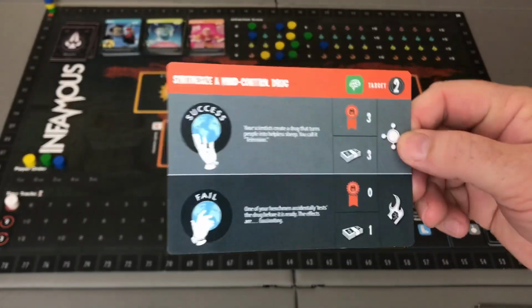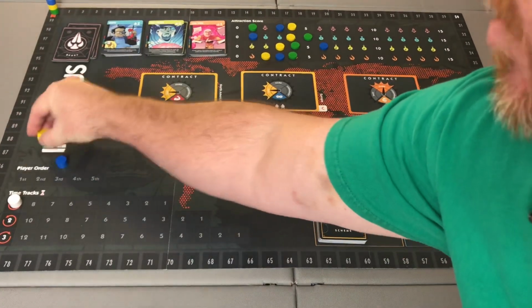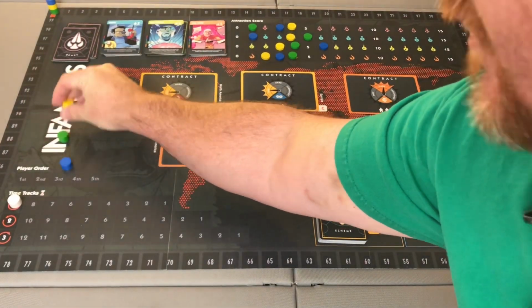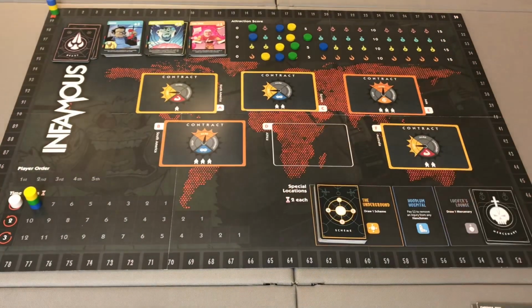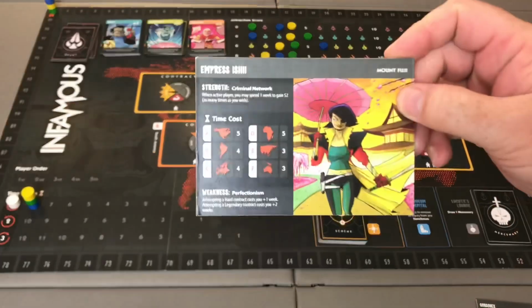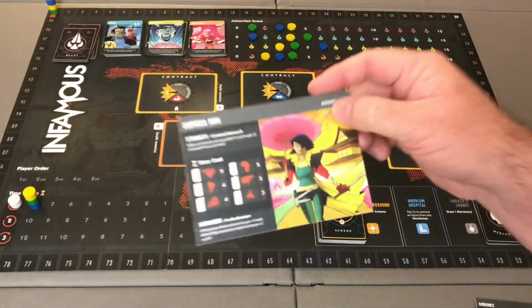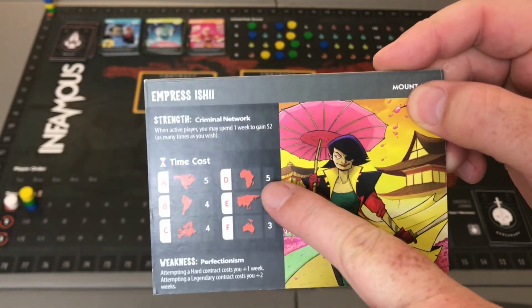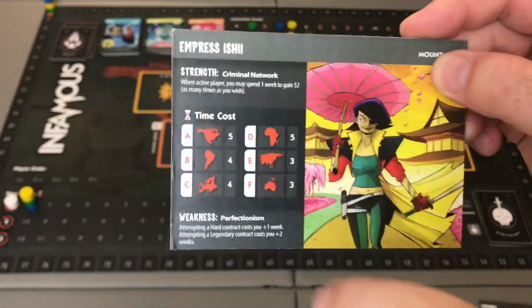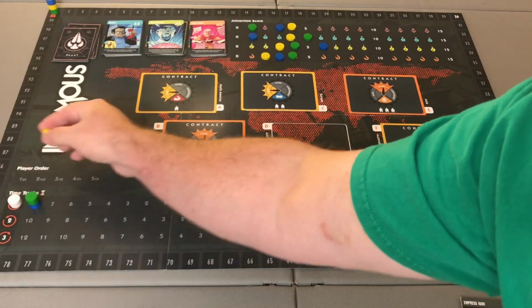And on each contract, what's going to happen during the contract phase, the players are going to take their player order markers and they're going to stack them onto the time track in their player order. You're then going to spend time to travel. So let's say the yellow player is Empress Ishi and she wants to accomplish this Africa goal here. She's going to look on her card for Africa, which is here, and it costs her 5 time, or essentially 5 weeks, to accomplish this goal. So we simply take her time marker, we move it 5 spaces on the time track,